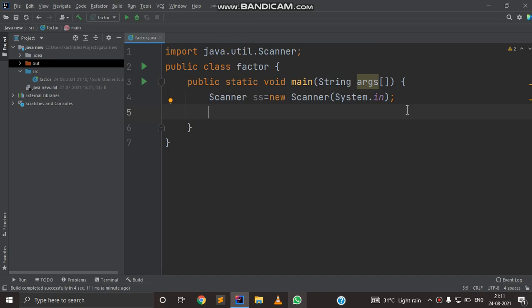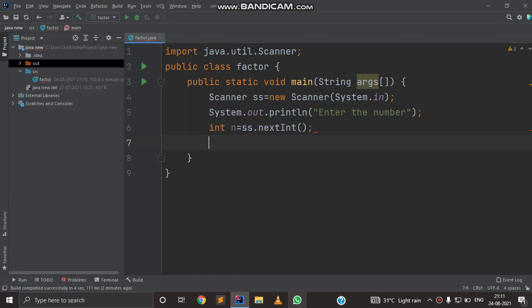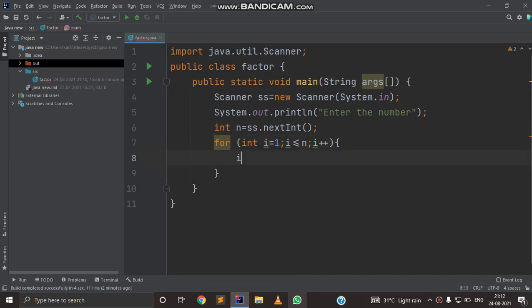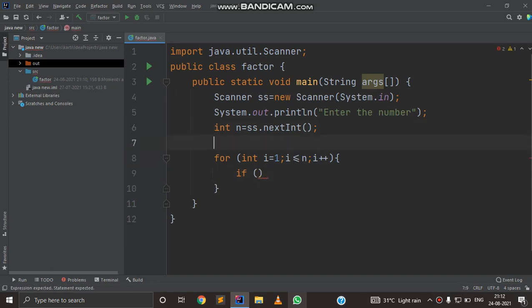Now I am going to write a program in which we'll check the factors of a number given by a user. So first I'm going to take input, enter the number. Now I'm going to run a loop which will start from 1 and end at the number itself, because the number itself is a factor of itself. Now I will initialize one variable with 0. Here we'll store the factors.